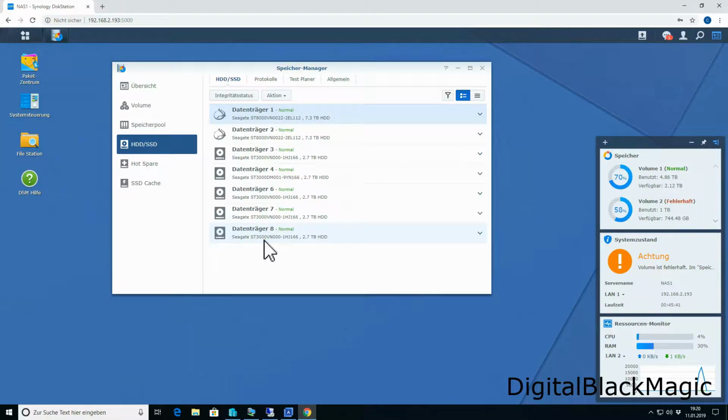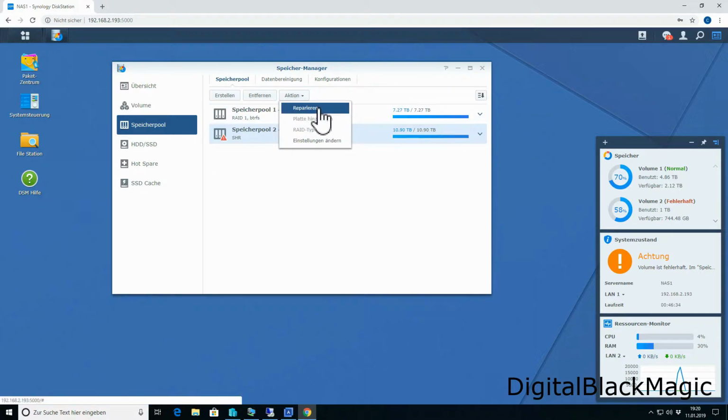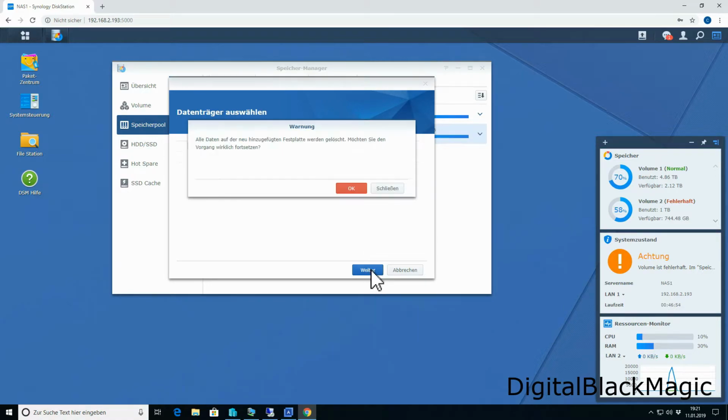I will just add the disk to the system physically so that it can be found and will just show up as unconfigured good. Now we are able to add that disk to a disk group. In order to do so, we will need to go to the disk group section and repair disk group number 2. You click on Action and you click Repair. It automatically suggests to add disk number 5 to the current disk group, because this is the only disk we have available now. Now the system wants me to confirm that I know that all data will be lost. Yes, I know that, so I confirm it.